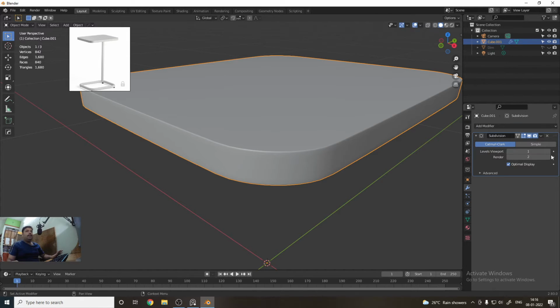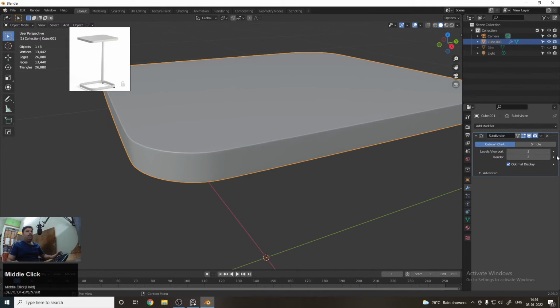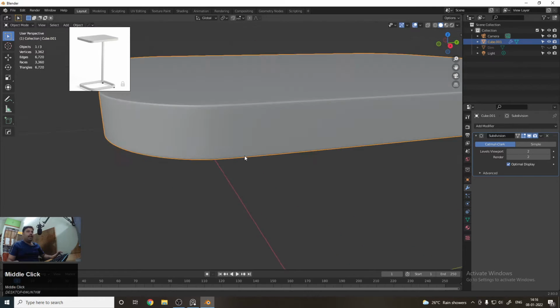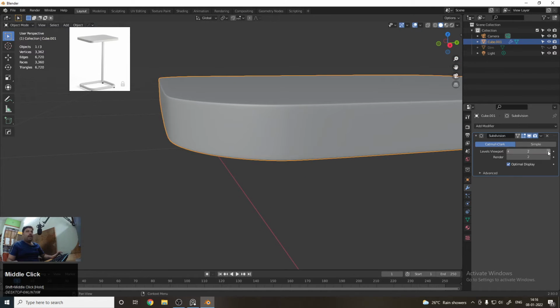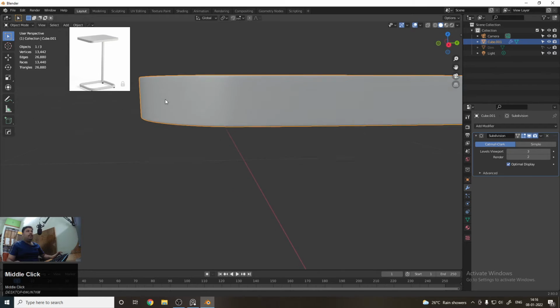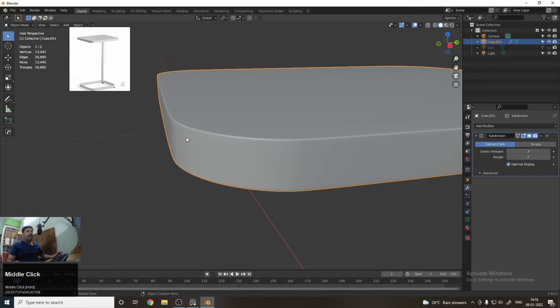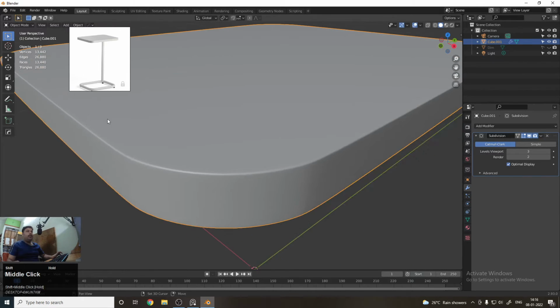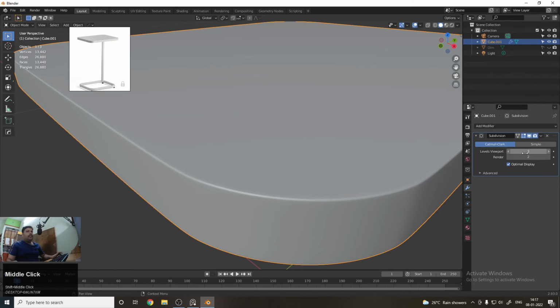We can increase the levels, like 1, 2, 3. Whenever we increase the levels, our mesh gets smoother. I am keeping it at 3, so it is getting smoother and a best quality model. But you can see that with the level at 3, our poly counts are also increasing.